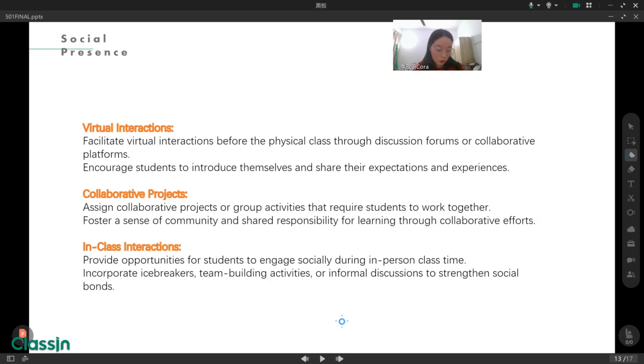Think about what we talked about in the COI model. In this part, we also divide it into three steps. The first one is virtual interactions. We can facilitate virtual interactions before the physical class through discussion forums or collaborative platforms.